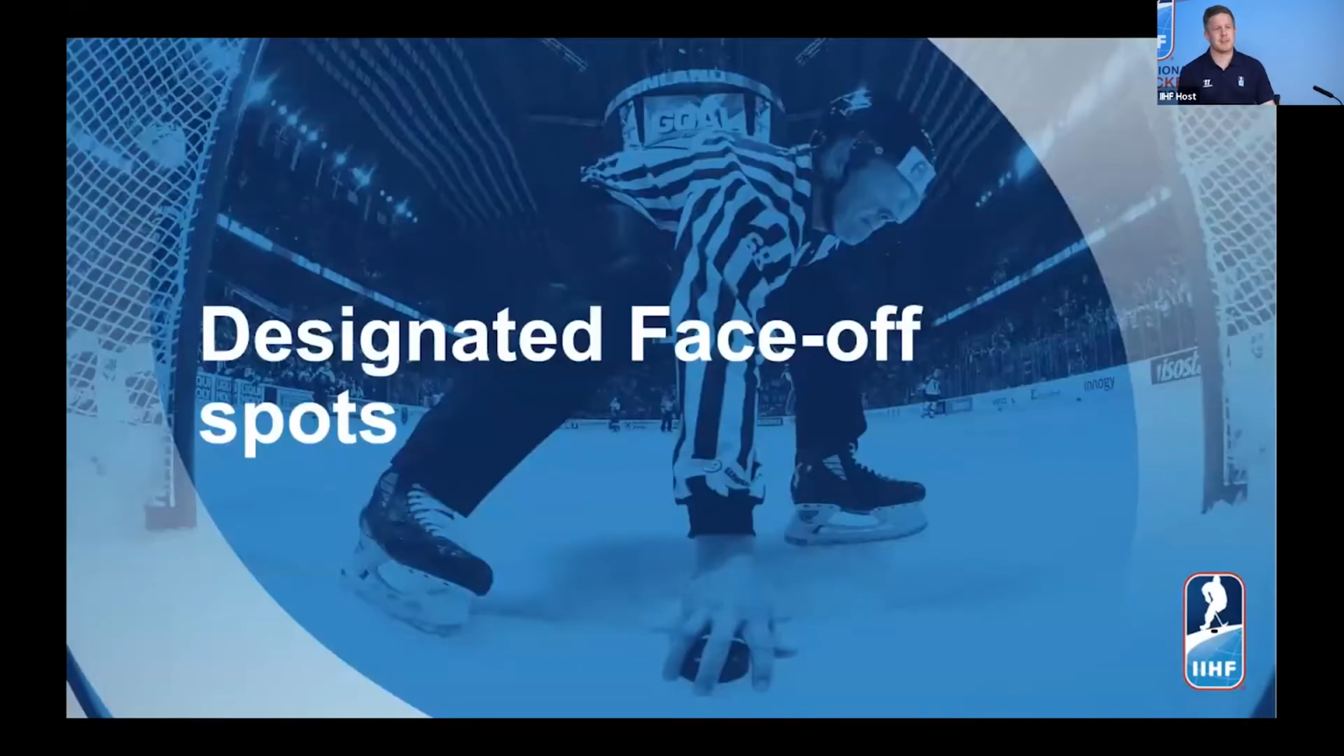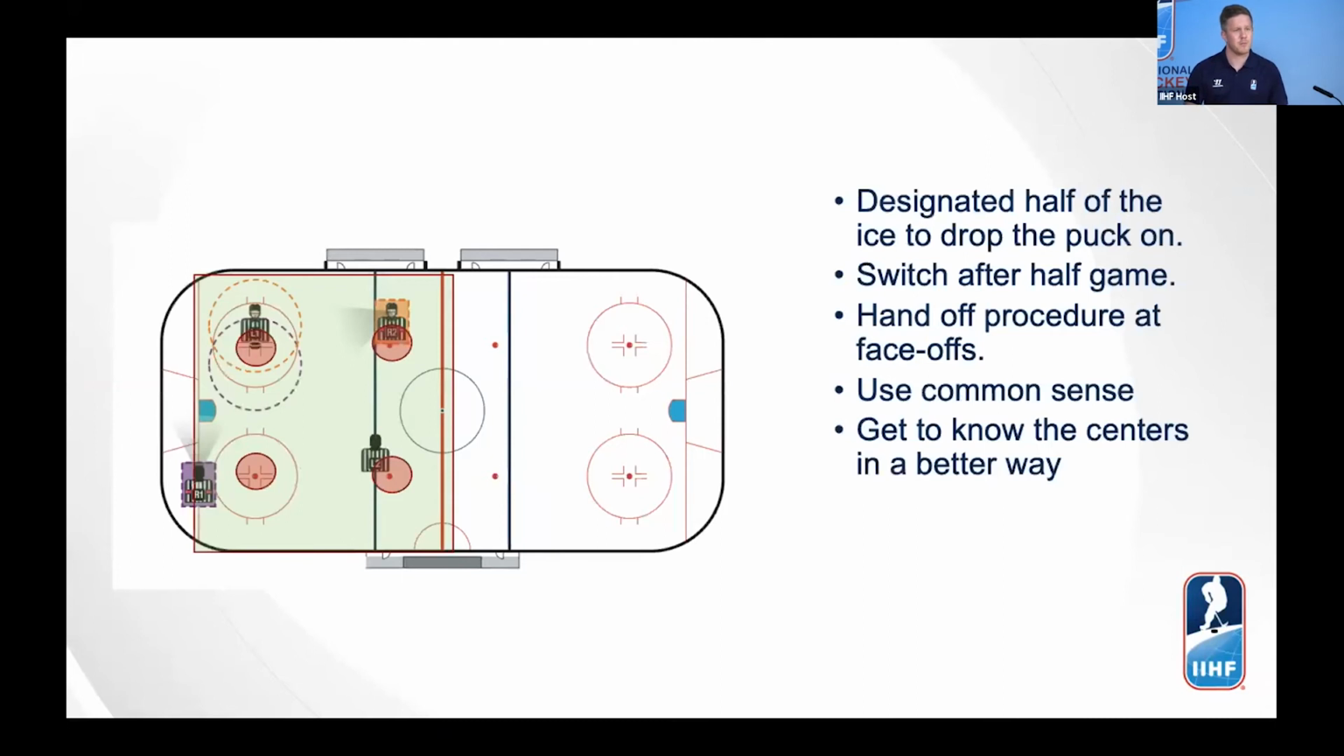When we talk about designated in the OPM, we also talk about the designated face-off spot. This means, just as with the blue line, that the game official, the linesperson, will have a designated face-off spot where he or she will take the face-off, drop the puck for the half of the game before they switch over to the second half. In this example, you will see that L1, who had their designated blue line in the same area of the half of the ice, will also be in charge of dropping the puck on the